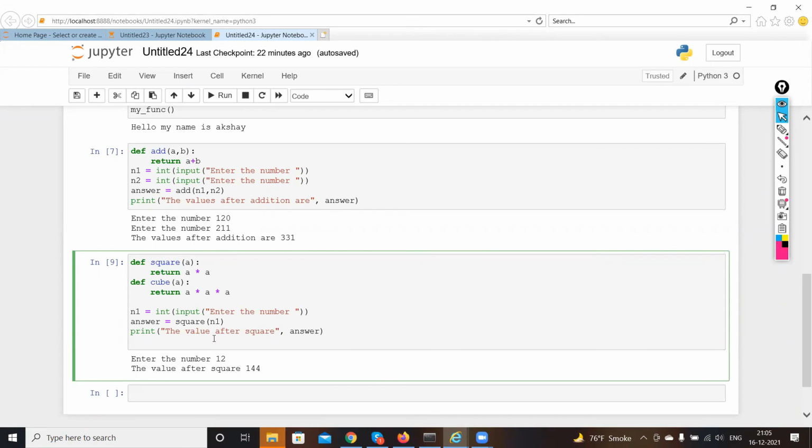I feel like we can write it by using a minimum number of lines of code. Let's say I'm defining square: def square, then within brackets we pass the parameter variable, right? Then we return the value of a into a. Then we call that square function, and within that we give the input, like direct parameters which are given. Yeah, that's what